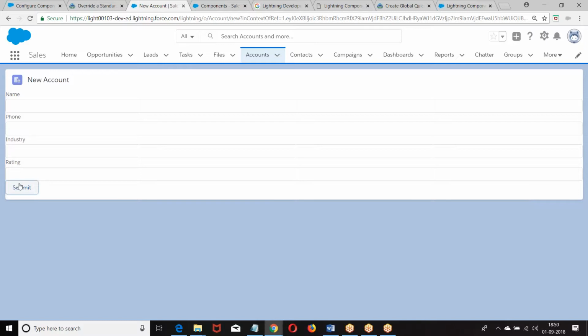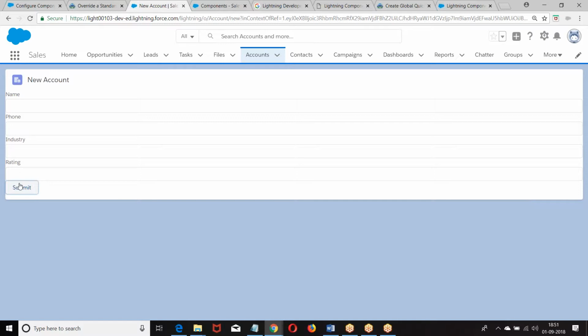Generally, when you save the record, it goes to that particular detail page. In the previous LDS examples, when you save the record, it stays on the same page, and we manually went to that record. But what I want is, once the record is saved, to navigate to that particular detail page. In Visualforce, we used to do PageReference p = new PageReference('/' + ID of the record); return p. The same thing I want to do here.